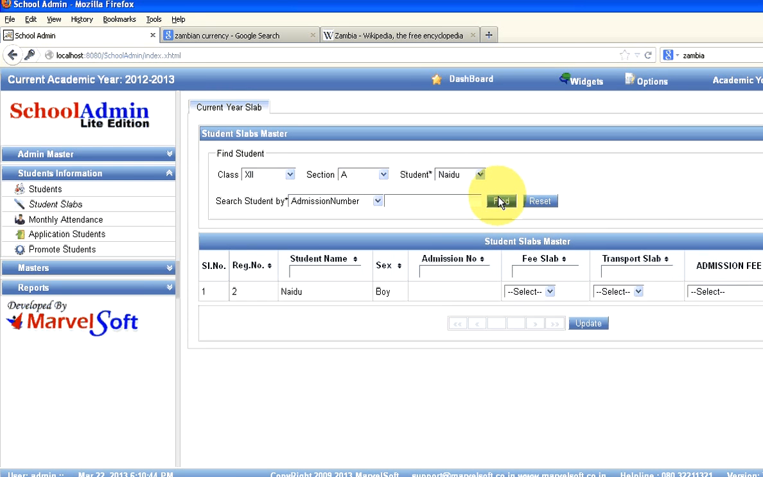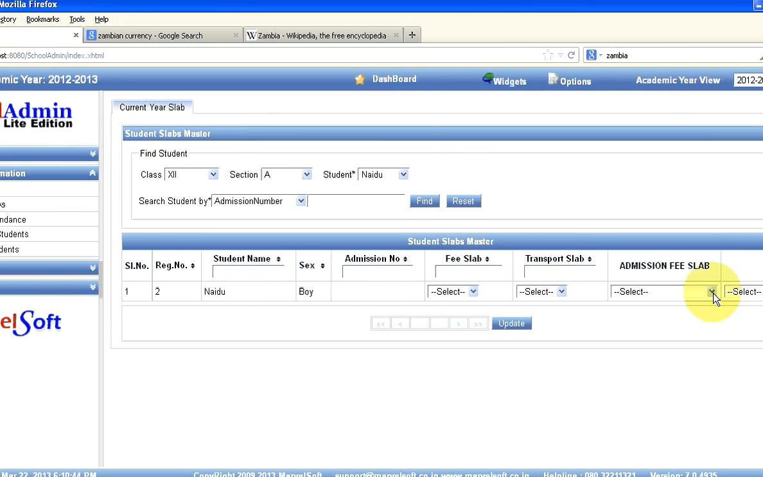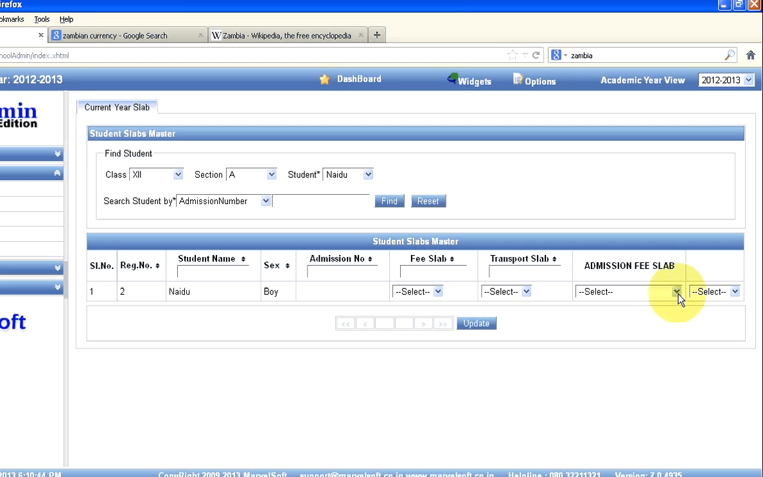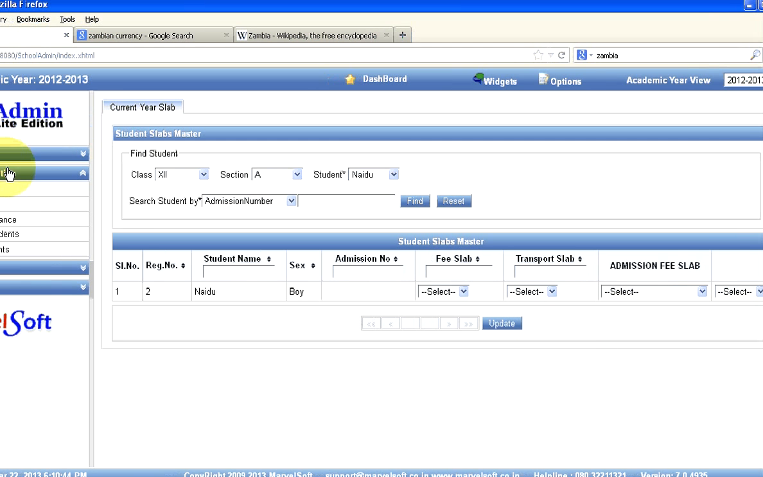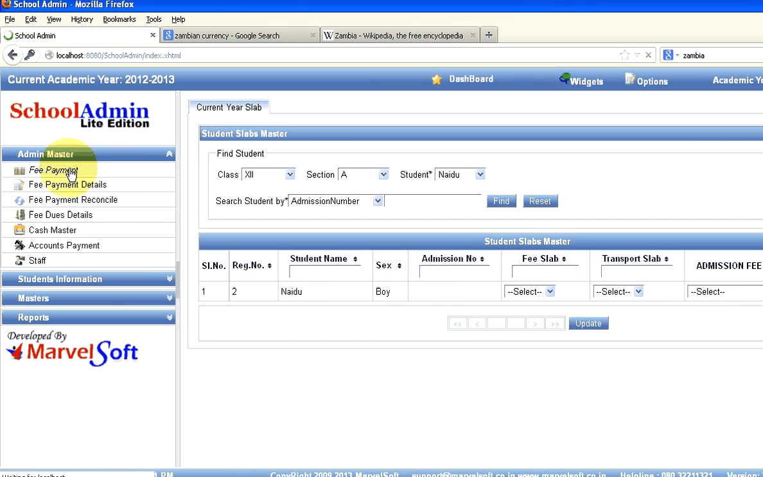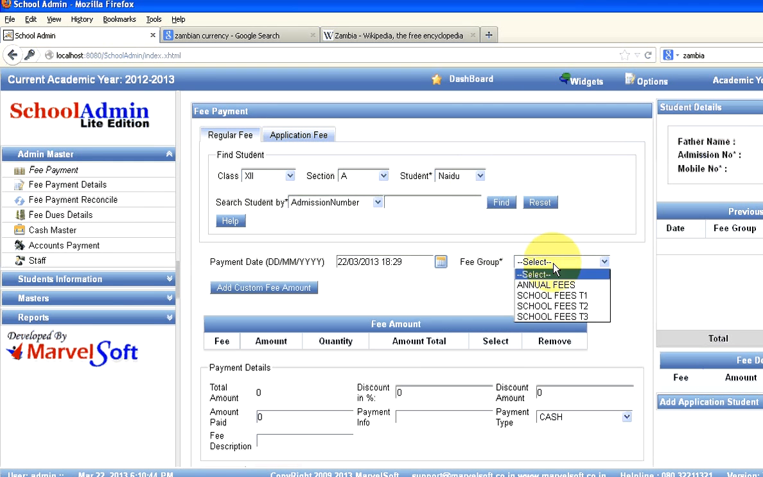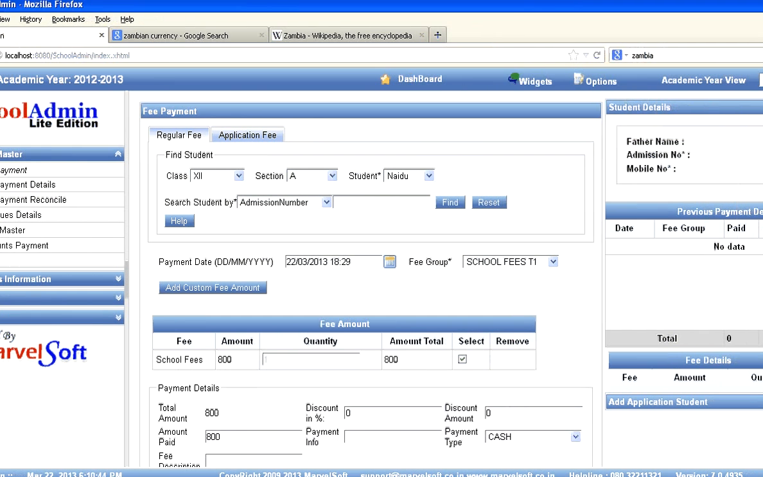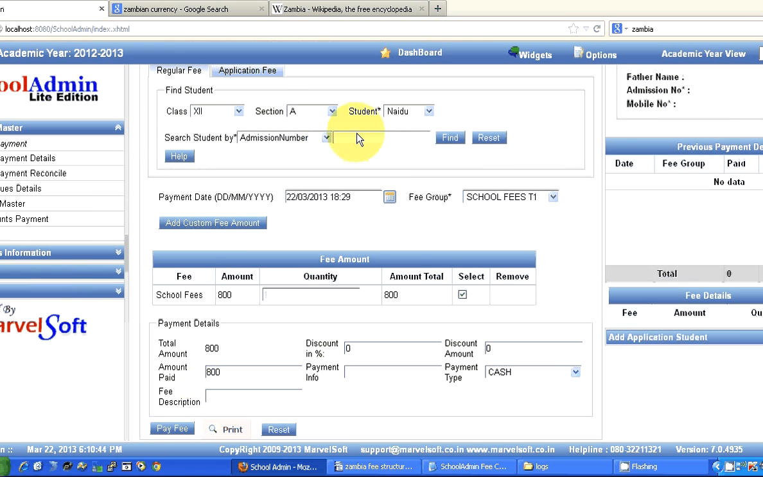We will unassign once the fees is collected in the session where the student is taking the admission. Once that session is over, we will unassign the admission fees slab. So that way that fees won't be visible in the next academic session. So this is how you collect the fees in school admin. So I'll make one more payment here. I have selected 12th standard A Naidu and I'll select